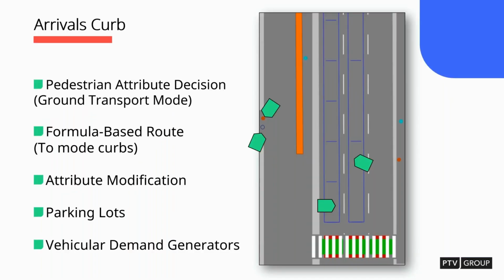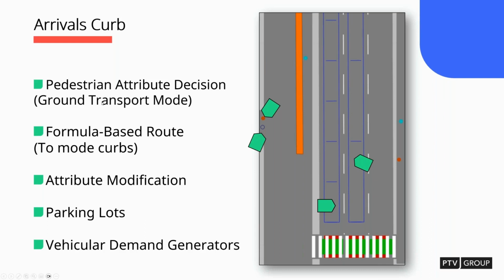So in this case, I thought I saw some questions about double parking. We do have double parking, so we can show that. It's basically just 2 stacked parking lots in adjacent lanes. I would advise making the double parking lane stalls a little bit longer than the inner lane so people can kind of navigate out. But here we have, as the pedestrian walks onto the arrivals curb, we have a pedestrian